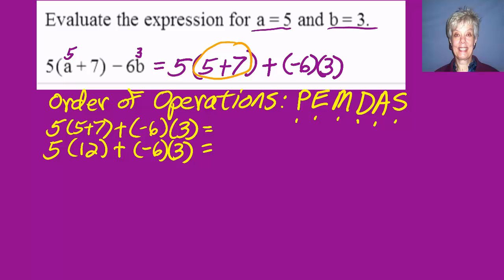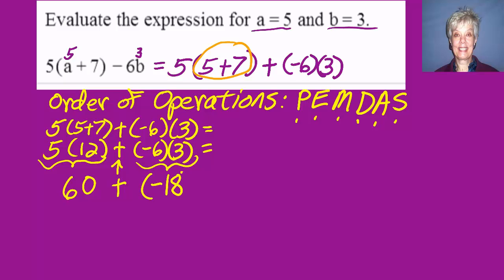The M and the D, multiplication and division, come before the A and the S, addition and subtraction. What that means for us is that this addition will come after I multiply the 5 times the 12 and the -6 times the +3. So my next step is to write this as 5 times 12, which is 60, plus -6 times +3, which is